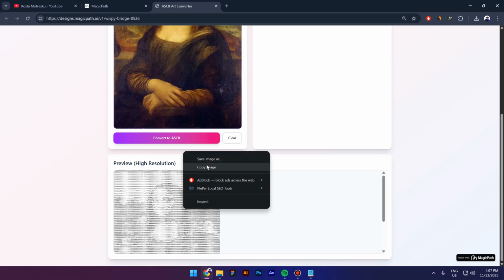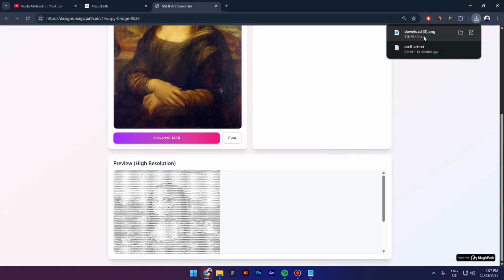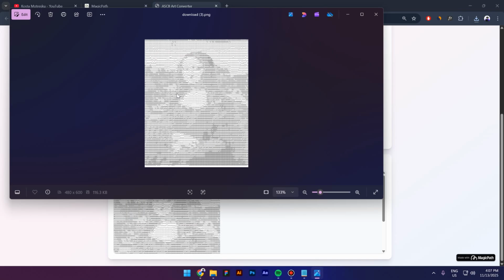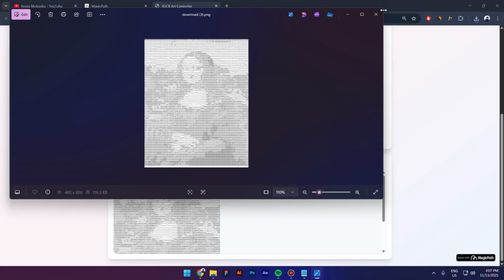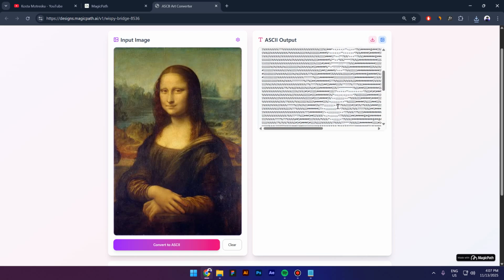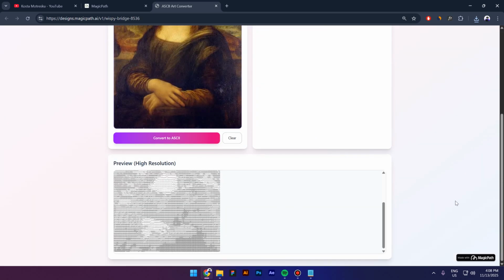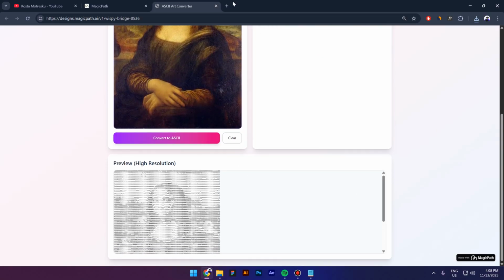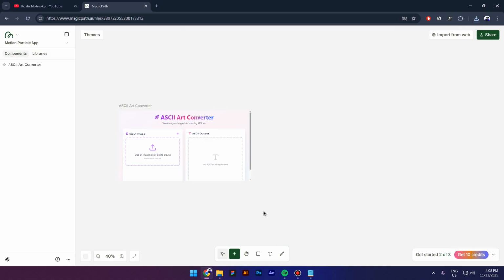So can I save this image? I'm gonna click on save as. And this is super cool, guys. I really like this. So this one, I don't know why it looks like this, to be honest, but I'm fine with this one. So I'm gonna keep this on the side and I'm gonna create a new component by